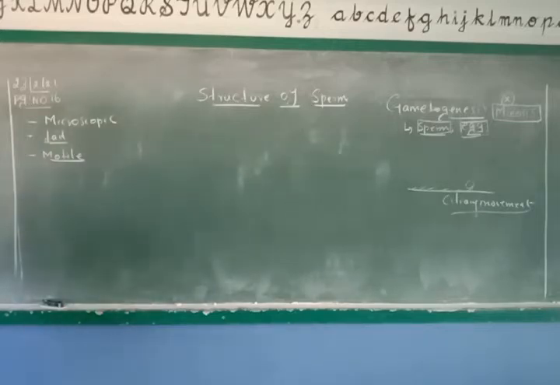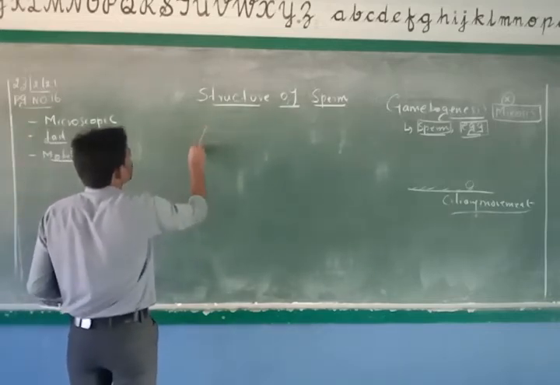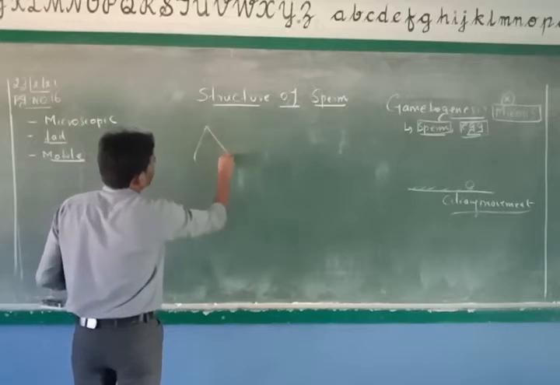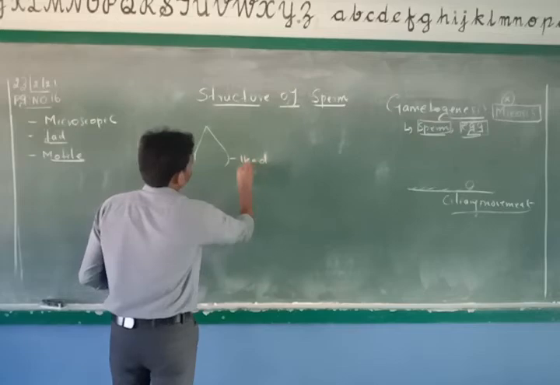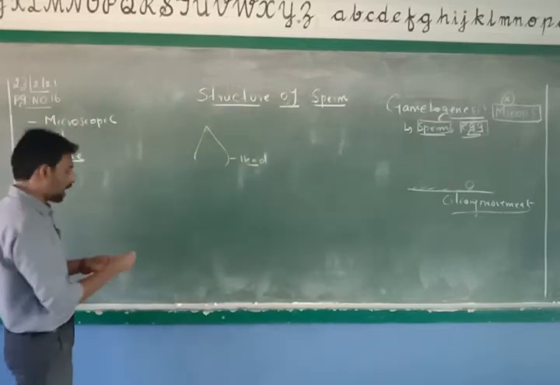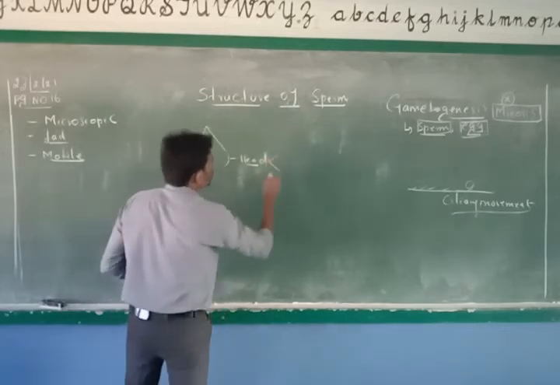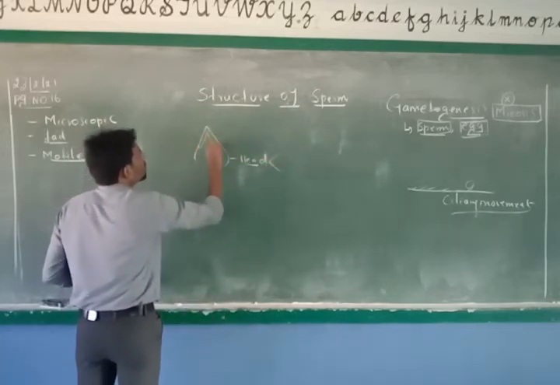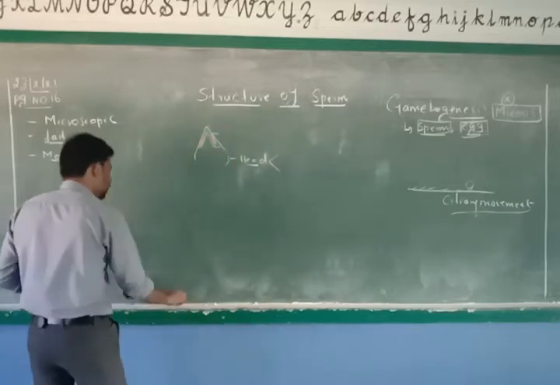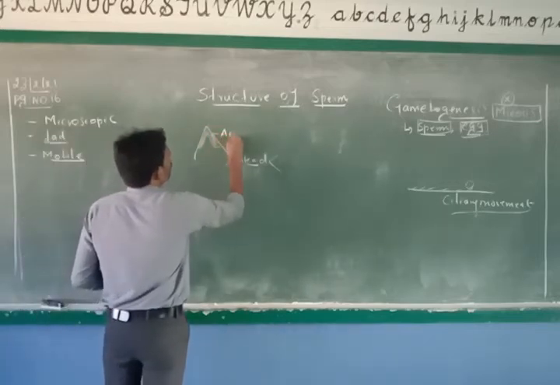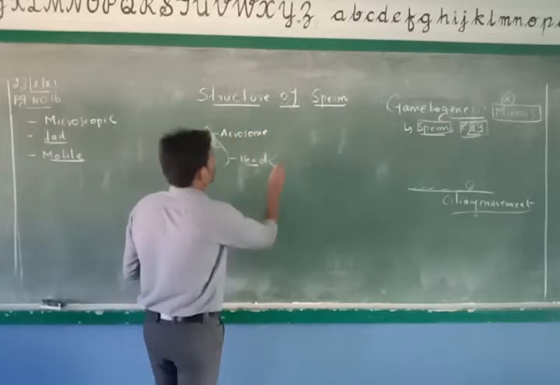Okay, right. So now we will talk about the structure of the sperm cells. Now the sperm cell structure will have three parts. This one is the head part. The head will have a small cap-like structure you will find here. This one is called the acrosome. Listen, acrosome. The first part in the head is called